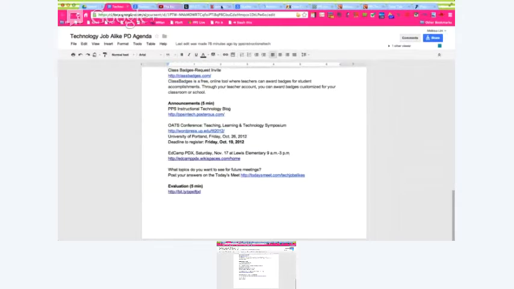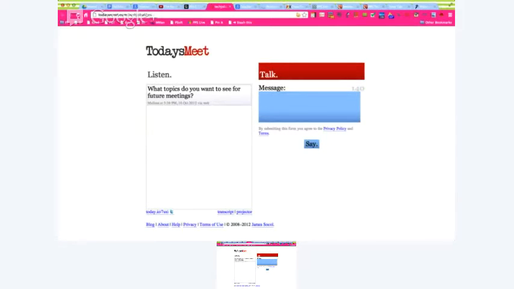So let's see if I can get some interactivity here. On the agenda at the very bottom, what topics do you want to see for future meetings? So it says post your answers on the Today's Meet. If you click on that link, you're going to be taken to this tool, which should now be showing on the screen. And this is called Today's Meet. Some of you may already be familiar with it, but I love this tool to use during any professional development sessions that I do. And usually I use it as a way to do reflections or compile questions as a